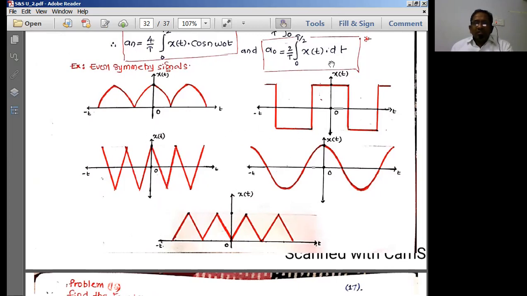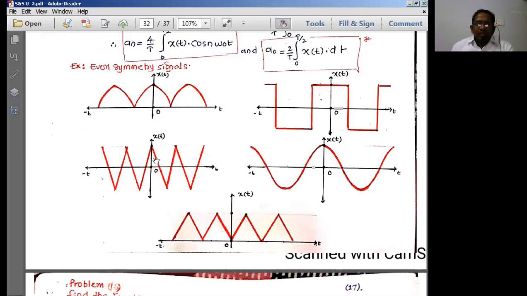See this line now, zero line. We have here positive value, we have here positive value. Exactly the same. Even though the time period is changed, that means here x of t, here x of minus t, so the value is going to be same. That means x of t is equal to x of minus t here. Similarly here also, x of t is equal to x of minus t.